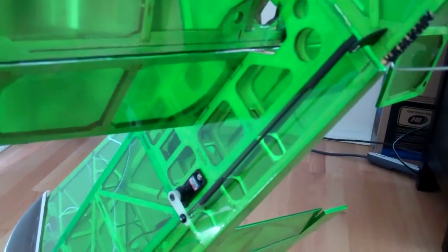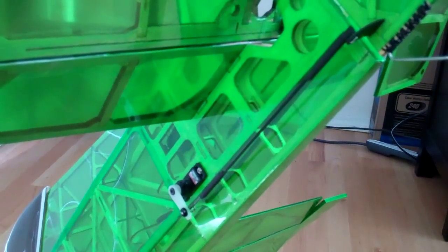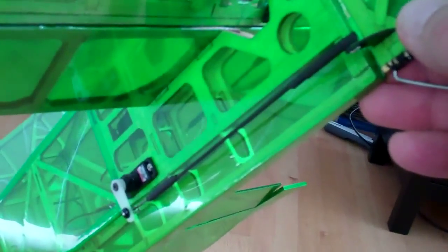This is on the little Addiction, the baby Addiction, and I like the idea of their control rod setup. It's very lightweight, which we're trying to do, but one thing I notice is you can get a lot of play back here where the wire goes into the control horn, and so what I do is I get a little bit of heat shrink